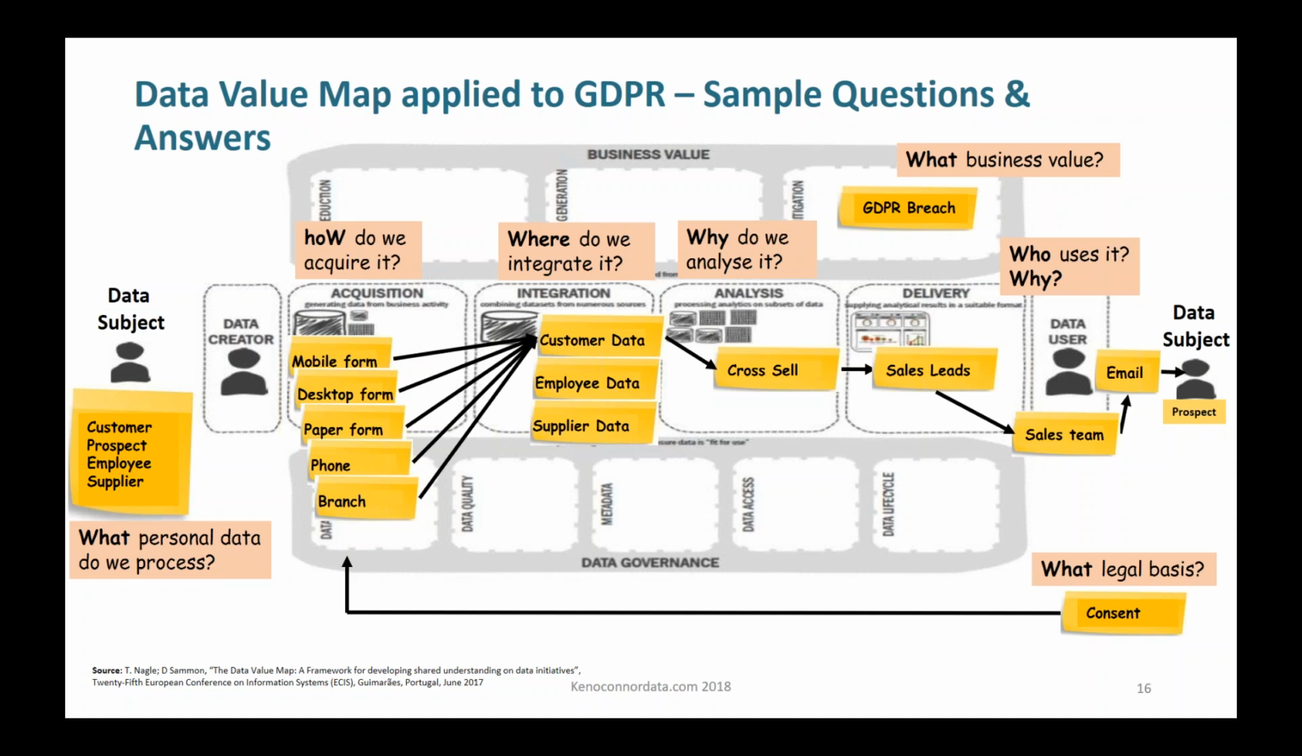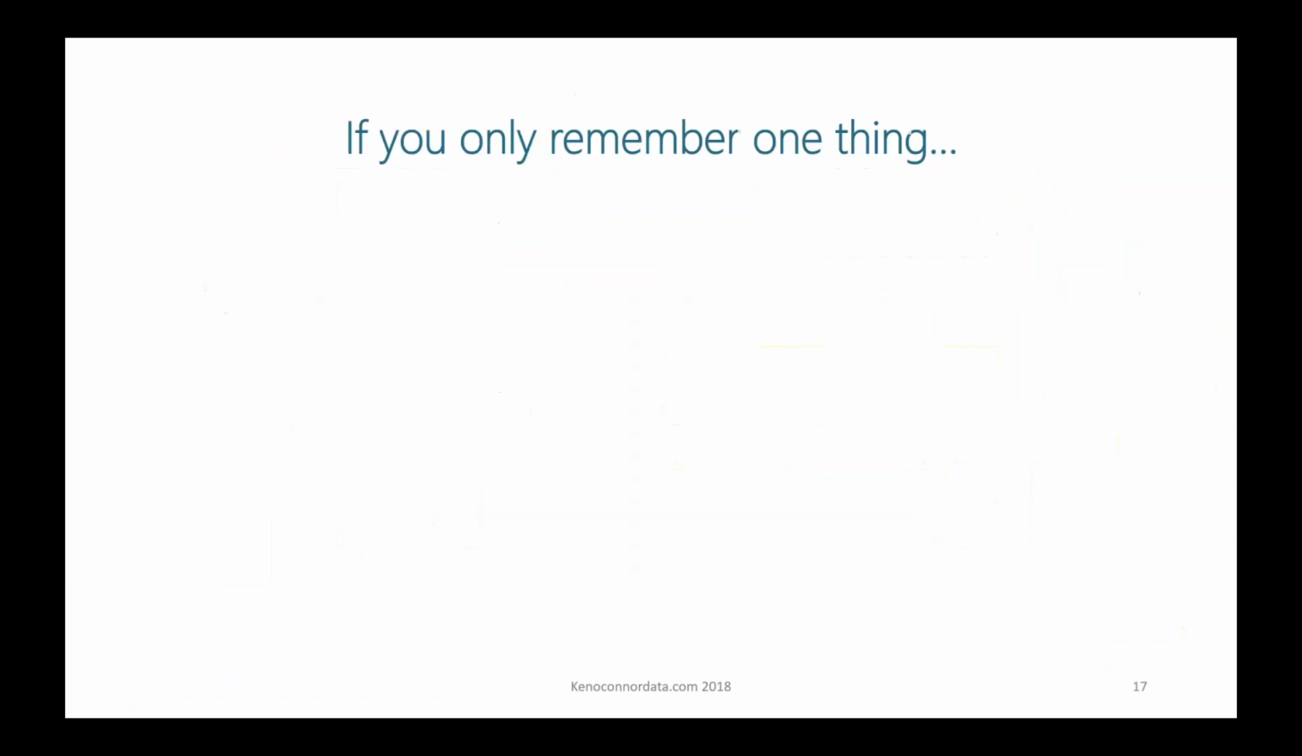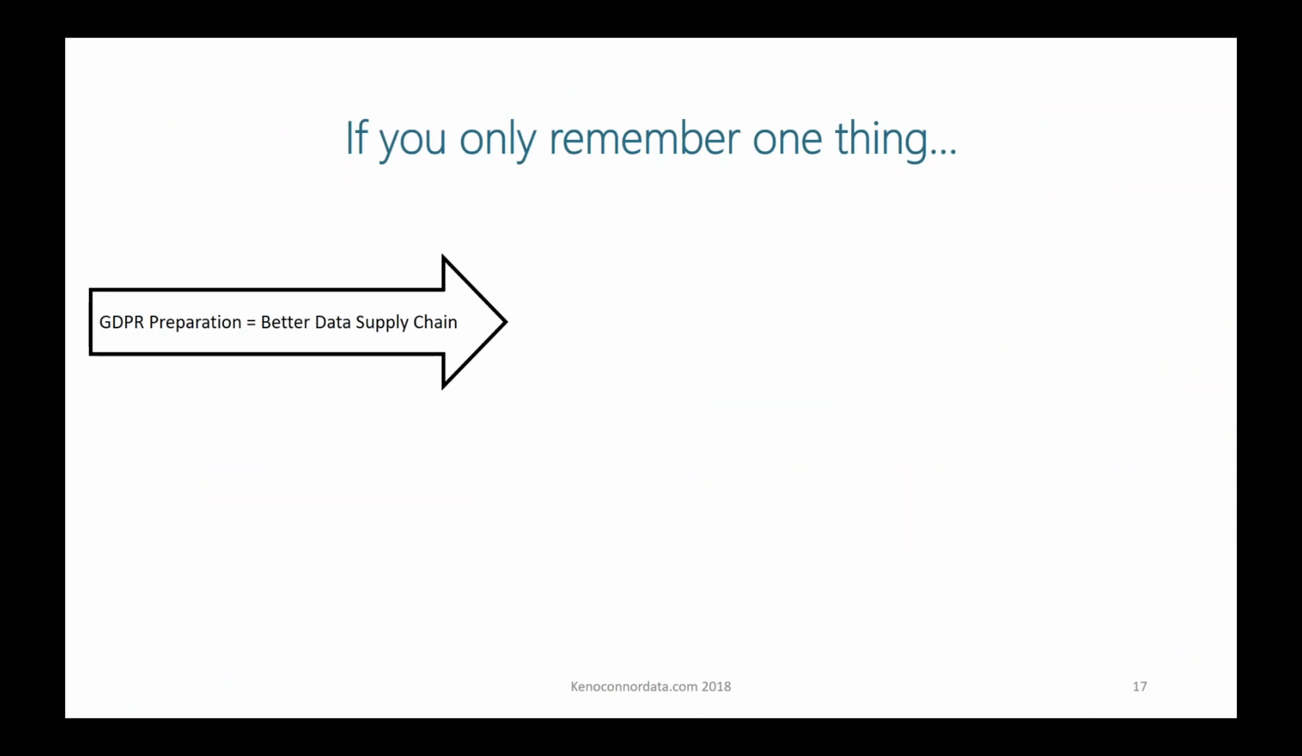This leads then into a data governance, data behavior sort of question. Well, we better make sure we verify consent at data acquisition, and we better make sure that we keep and manage the quality of that consent as it flows through the data supply chain. So that's a real whistle-stop tour at a very high level of how you can apply the data value map